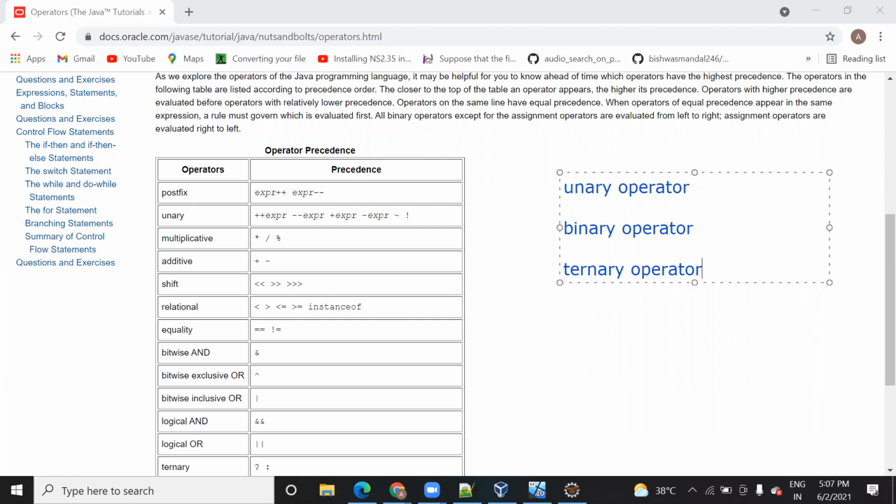So for unary operators, what kind of operators come? Increment and decrement, right? In increment and decrement, you need only one variable. We usually do a plus plus, a minus minus. So here you are working on a single variable, and on this single variable you are incrementing or decrementing the value. Now if I say binary operator, then it can be a plus b, a minus b, a divided by b, where you are working on more than one variable. And ternary is like the ternary operator, you might have heard about it.